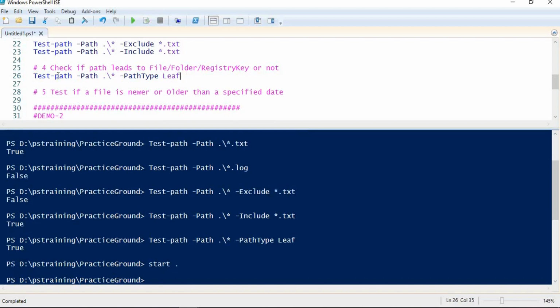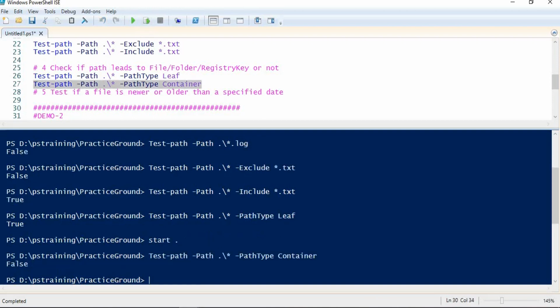In the same way, we can check whether the end components of a path are folders or not, by defining container here. If I run this, I will be getting false because my current folder doesn't contain any folder. It contains only files.